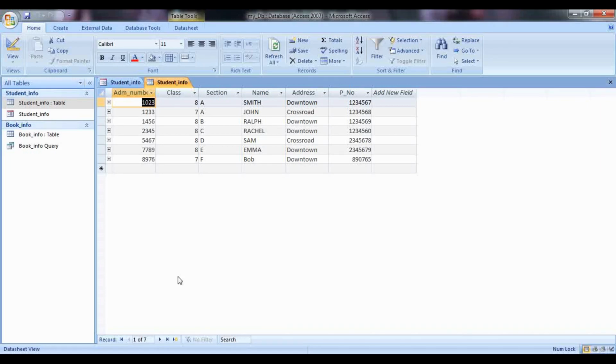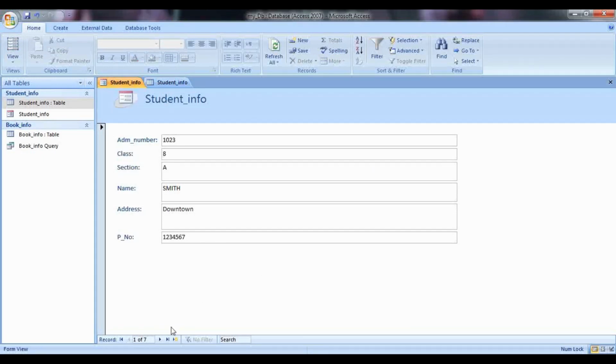So this is how you will be creating the form and you can enter the information or edit the existing information in your form in a very easy way. So to edit the information or to add the new, you have to go to the view and click on the form view. So this is how you are going to create a new form, and in this form you can enter the information and you can also add or edit the new information.